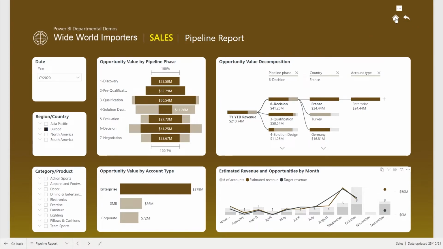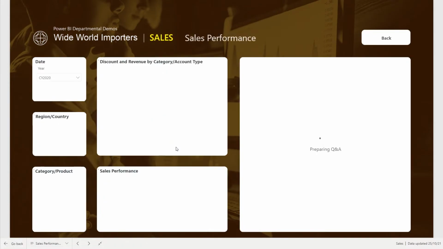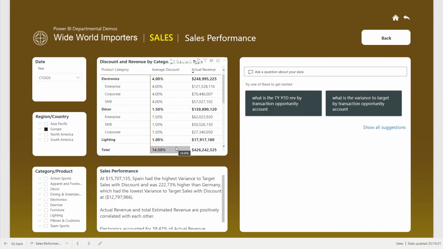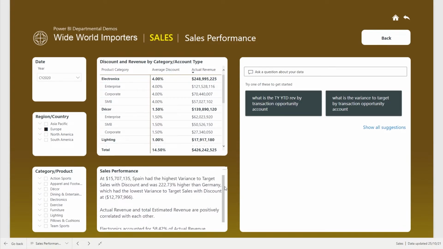If we go back to the home page, we can then go into the sales performance, and this will give us some more key metrics broken down in terms of discount and revenue. Once again, the same filters here on the left apply. We've actually now started to use some of the artificial intelligence insights to give us short summaries about the information